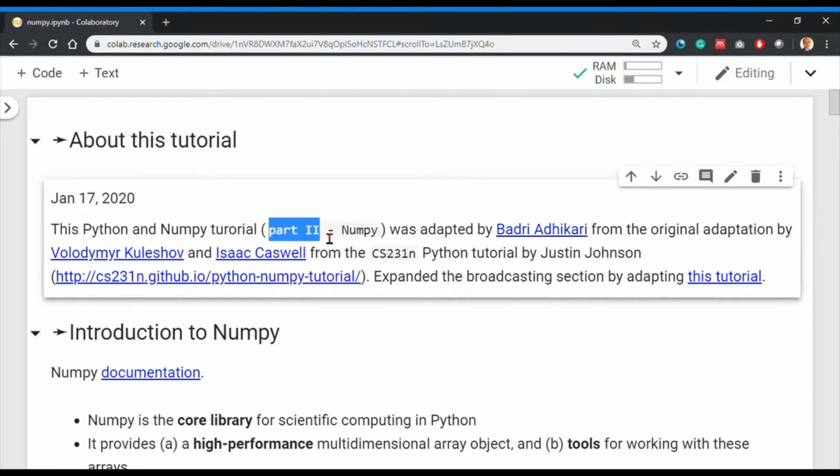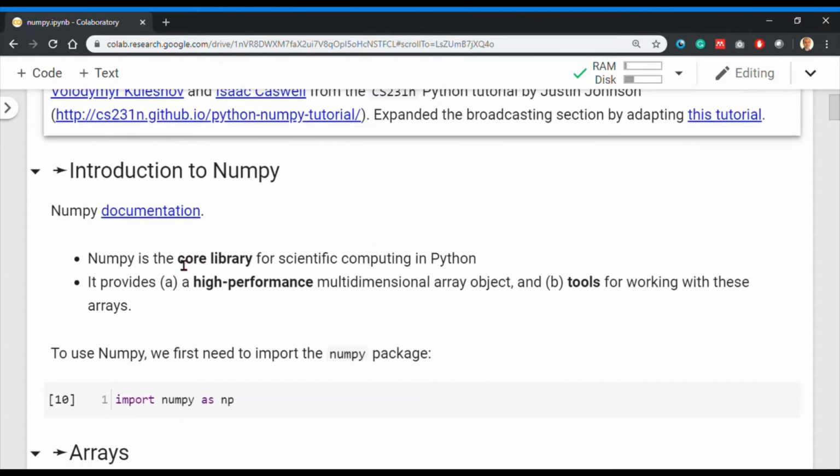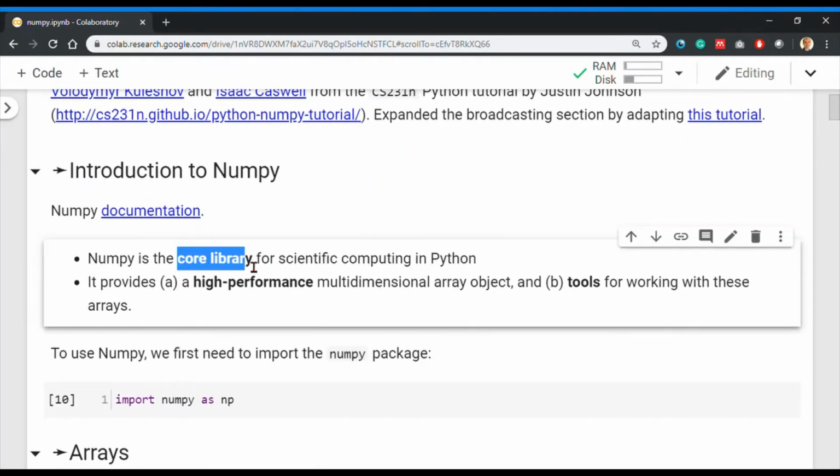This is part 2 of the Python NumPy tutorial. We will start by introducing NumPy. NumPy is a core library for scientific computing. It is a core library because it stands as a dependency for many other scientific computing libraries. That's why it's a core library